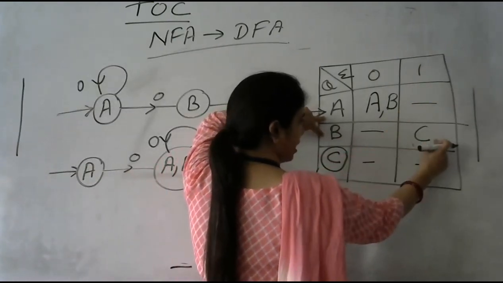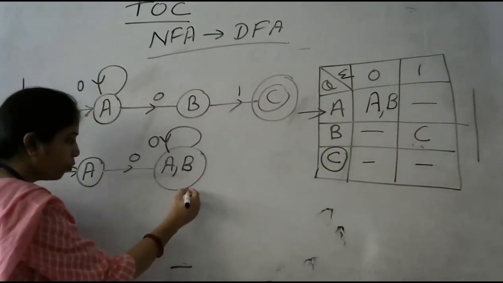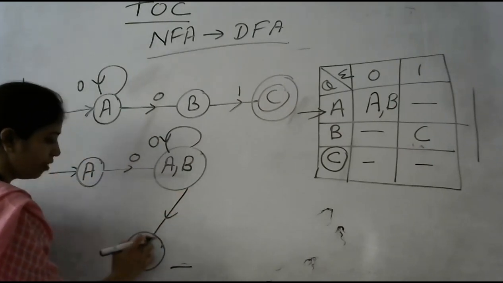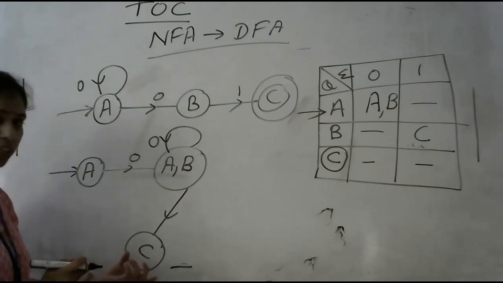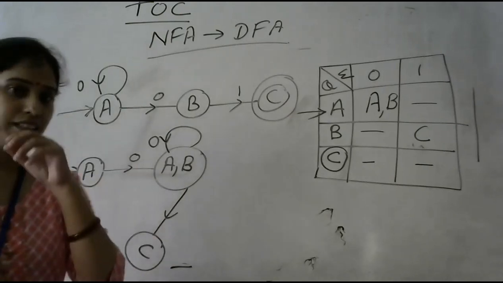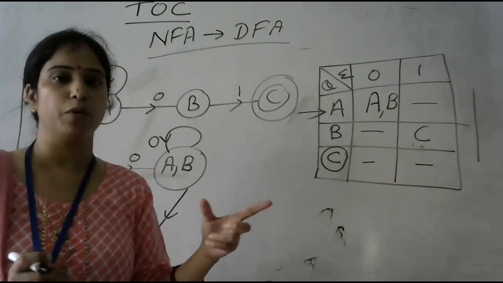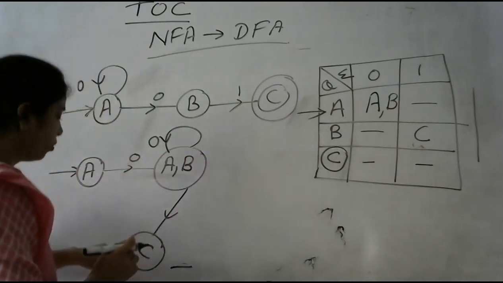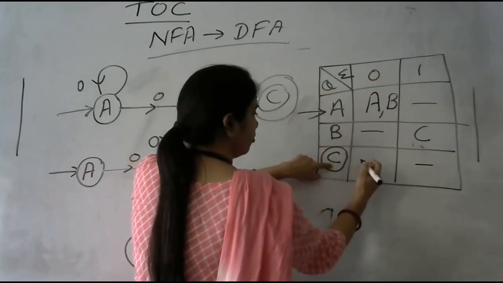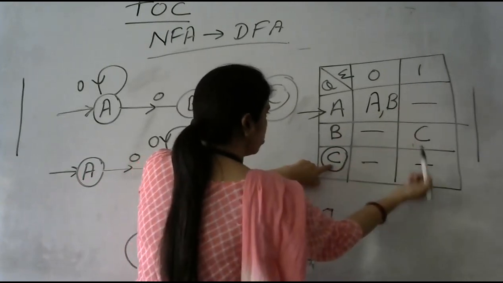There is a dash, there is a C. So we go to C. Now I am going to C. Okay, this is C. Third state. Okay, and now we get a new state called C. We have to read in all the inputs 0 and 1 from this state. Okay, now C, read 0 from C, we go nowhere, and from 1 we go nowhere.